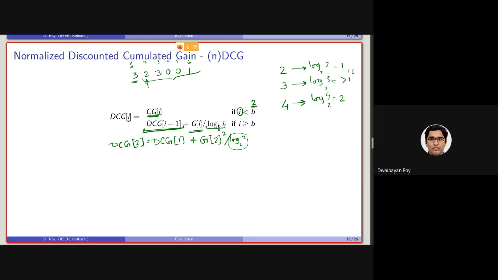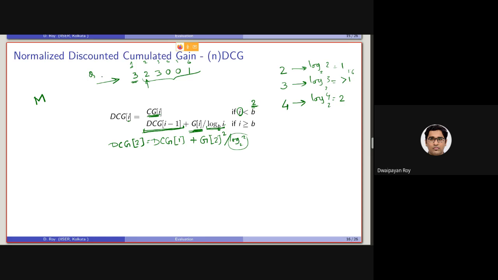So you can see the dividing factor is increasing. That means although the gain can be a huge one or a significant one, we are discounting it, not actually normalizing, by the rank position at which that document is retrieved by the system. Note that all this we are doing in order to evaluate the performance of a system M. This system M, for example BM25, has given this rank list for a given query.